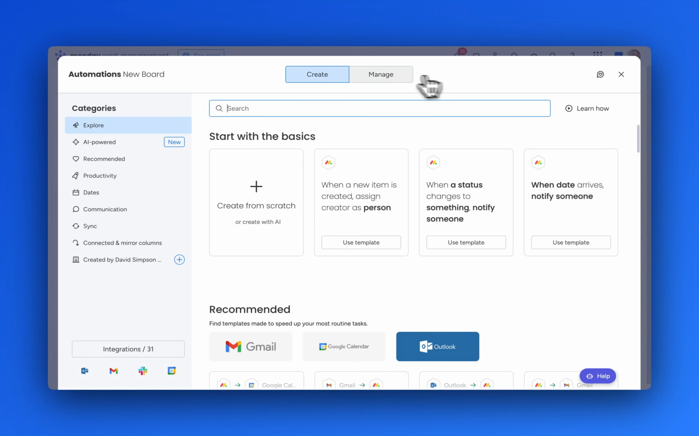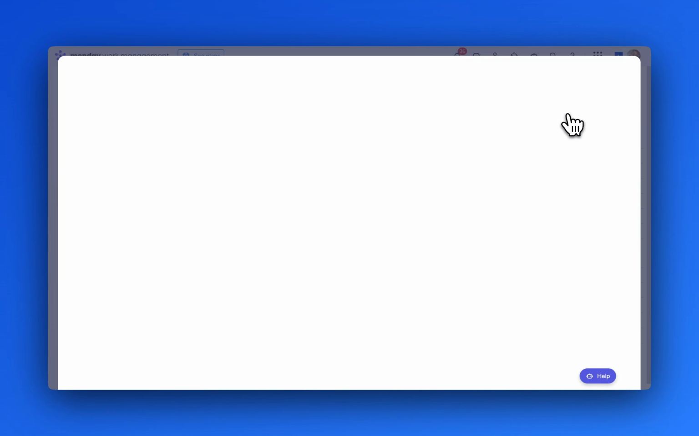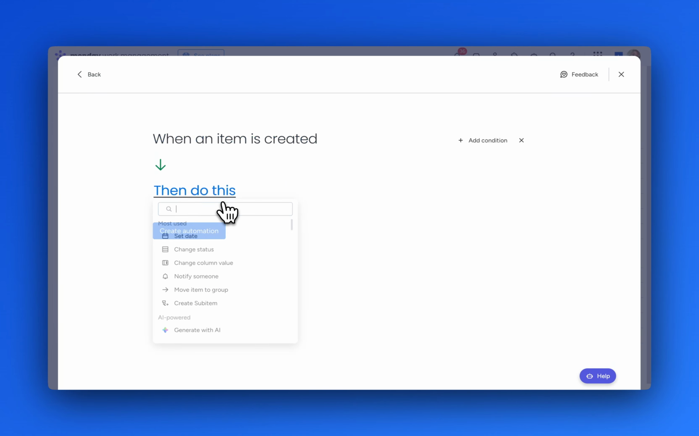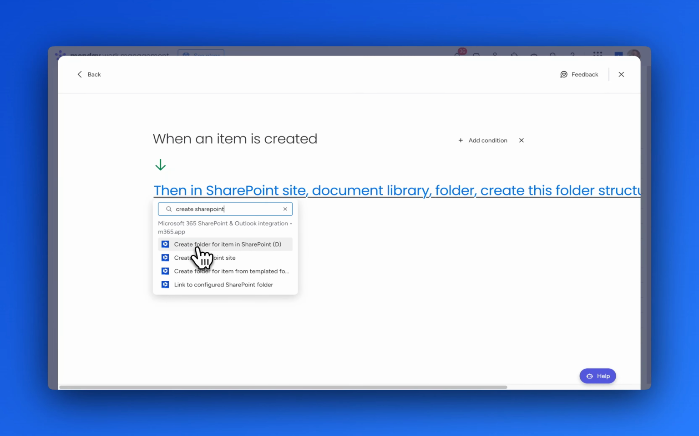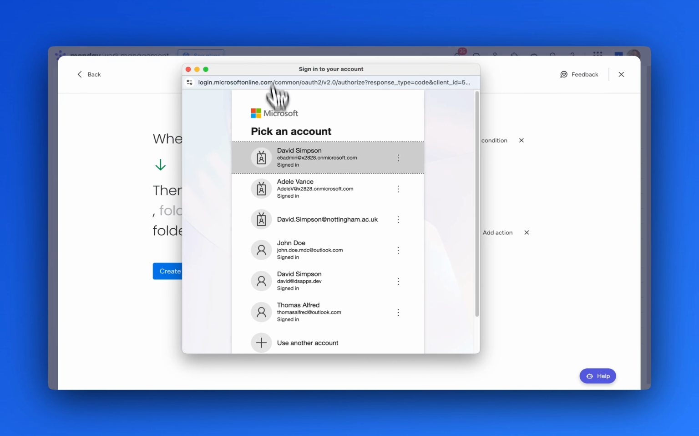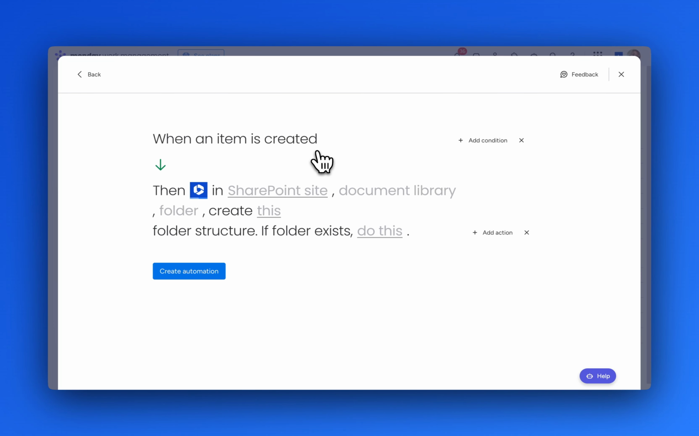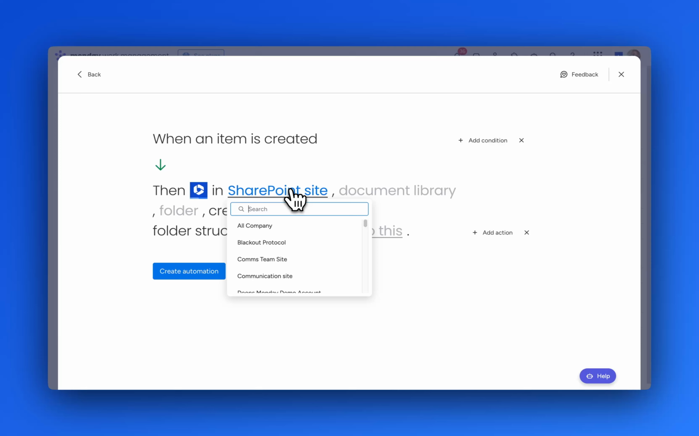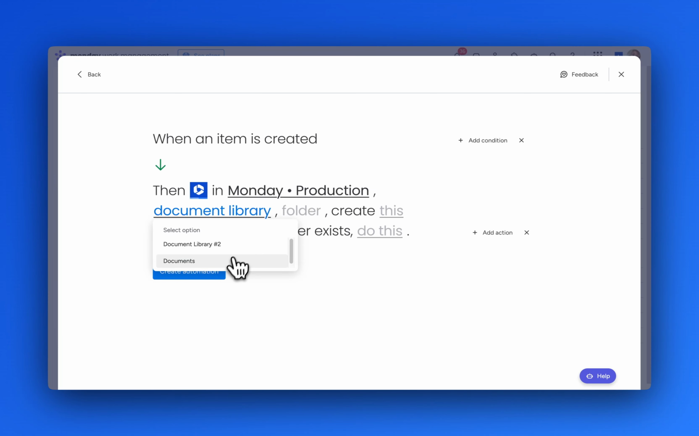If we go to automations and click on manage, create automation: when item's created, then do this. Create folder for item in SharePoint. So we are going into add new account. If you're already logged into SharePoint, you won't do the dance. You won't have to sign in. I was already logged in. Now I can select a SharePoint site and a document library